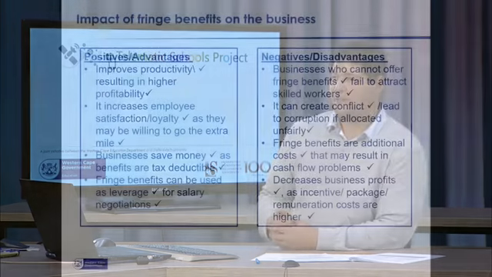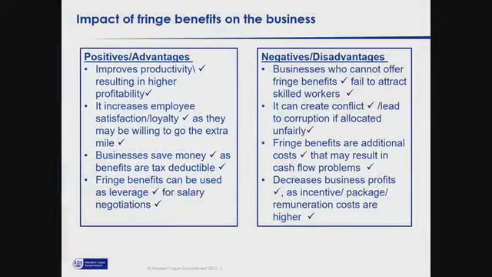you in another way. We can give you more leave days. We can change your working hours. We can make things a bit more comfortable for you. We can increase allowances in different areas. So then that can make up for shortfalls of the financial benefit you might receive during the negotiations of your salary. Then we have the negative impact or the disadvantages, and that is businesses who can't afford fringe benefits might